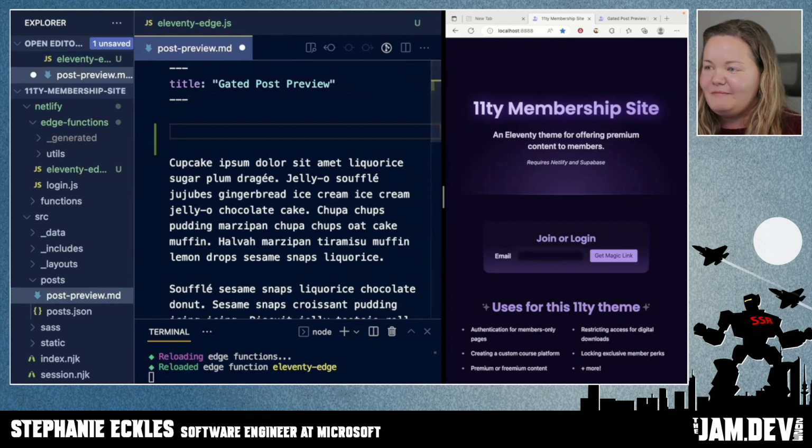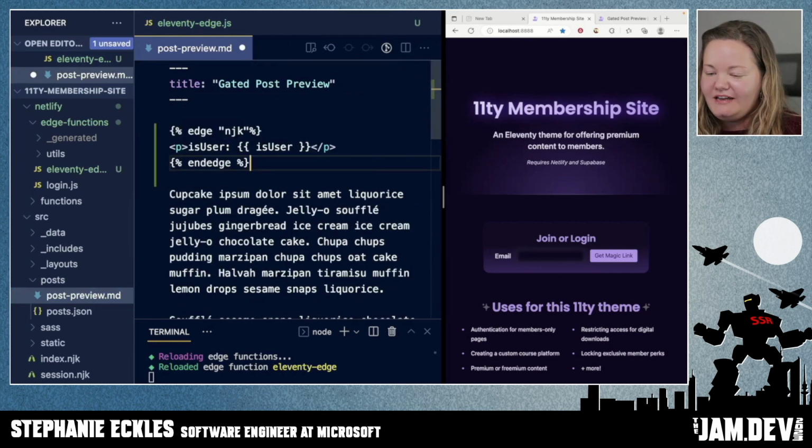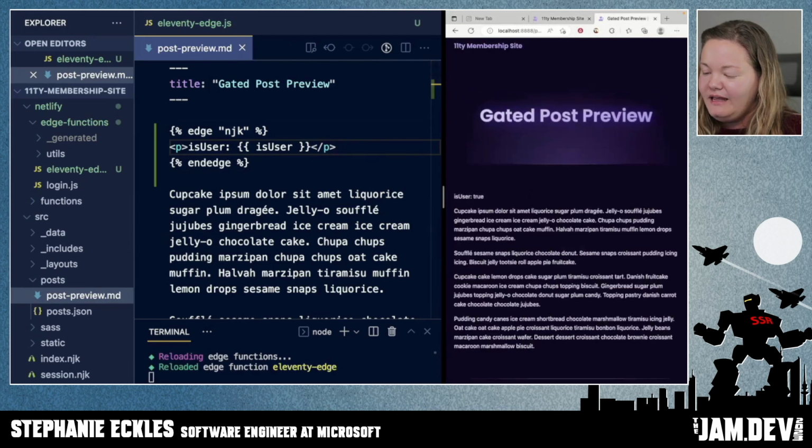that that's coming through. So we're going to do the very basic Edge shortcode here. Looks like this normally. We're also letting 11ty know that the templating language inside of the shortcode is Nunjucks. I'm going to save that, and then I'll switch over to our post preview. And good deal. We're working. We've got is user true because we've already initiated through Magic Link, and I did not clear out that existing